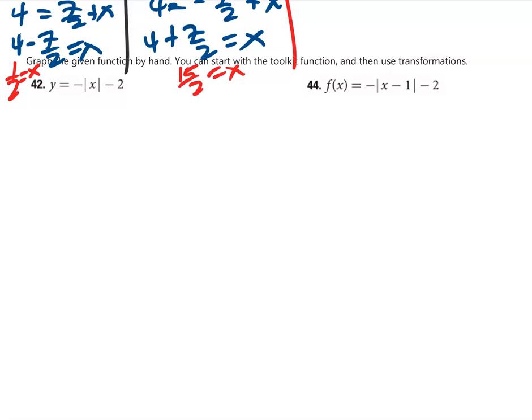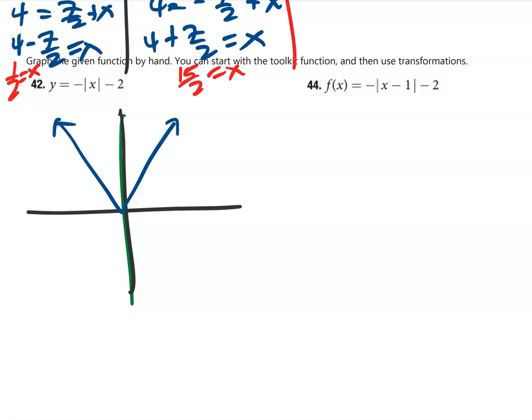Next, graph the given function by hand. You can start with a toolkit function of the absolute value function and then use the transformations. So this is very important to know for the transformation, especially when you work on the Desmos activity lab assignment. So since it's an absolute value function, I'm going to use black. If we start with